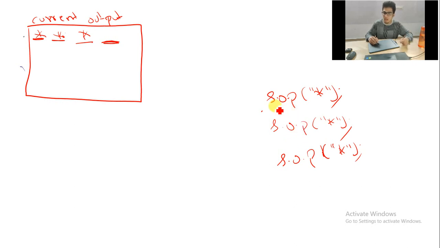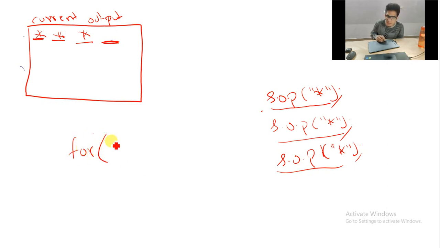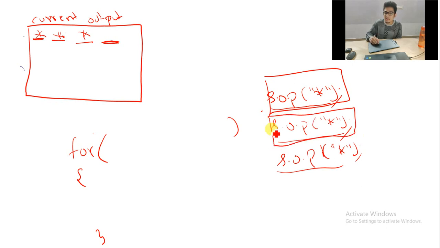You have to understand, whenever a code is repeating, don't you think the same code is repeating again and again? Whenever a code is repeating, you can put that within a loop. So I'll be writing a for loop here. Condition and incrementation we will see later. Inside the for loop, you have to write that code which is repeating. Here, which is repeating? This code, it is repeating each and every time, right? So whatever is repeating, I'll put it here.